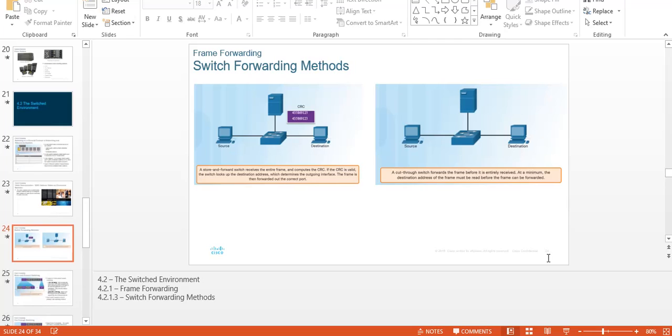We have the store and forward method, and we have the cut through. I explained these ones previously, so it's just a repetition. The cut through is a method where the switch would forward the entire frame without having to check whether the frame is valid or not. And the store and forward is the slowest but the most efficient, the most reliable frame forwarding method, in that it will